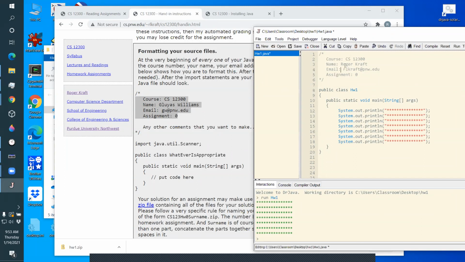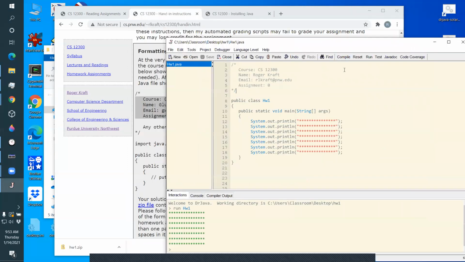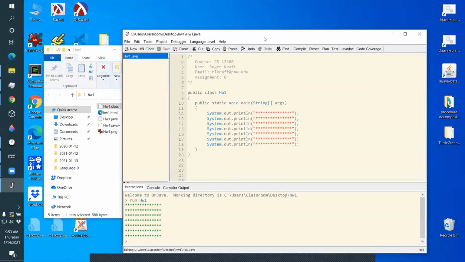and it helps if you have the course, your name, your email address, and then which assignment it is. Okay. So if you can even just copy and paste that into here, and then just change it to your name and your homework and your email address. Okay. All right. So then you've got something that I can save, and you're ready to turn your homework assignment in. Okay. So when you're ready to turn your homework assignment in, you will